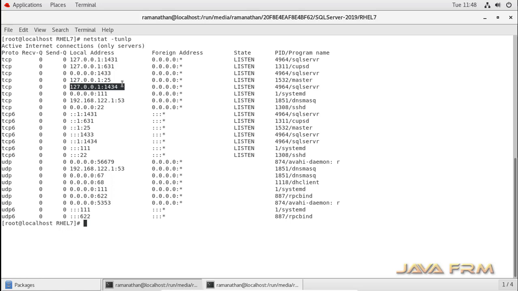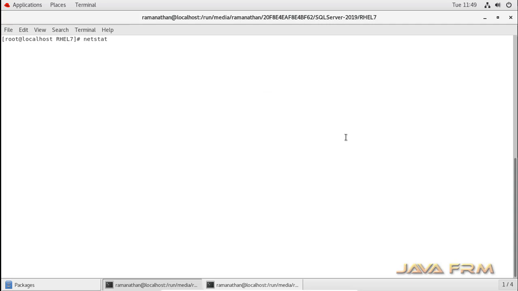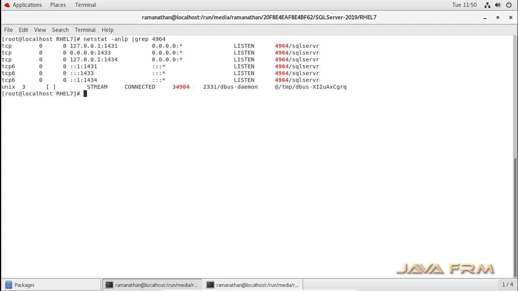So let me grab the command. Yes, the process ID, I am grabbing the netstat output using the process ID.